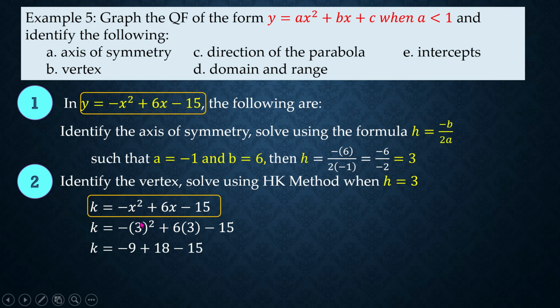Next, what is the square of 3? 3 times 3 is 9. So, we still attach the negative sign. Plus 6 times 3 is 18. Bring down minus 15. So, add these and subtract using a calculator. That would give us the value of k, which is negative 6. So, the vertex is (3, negative 6). So therefore,